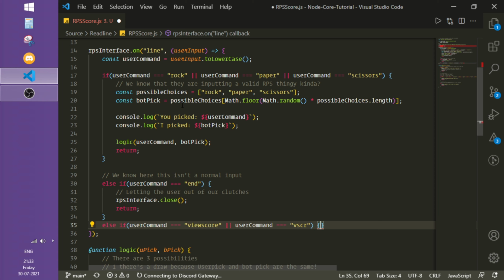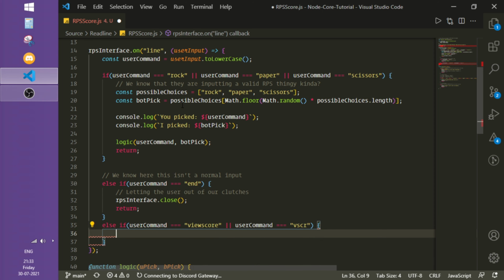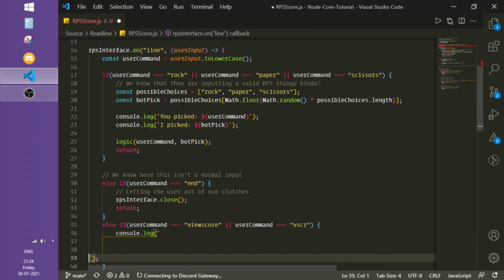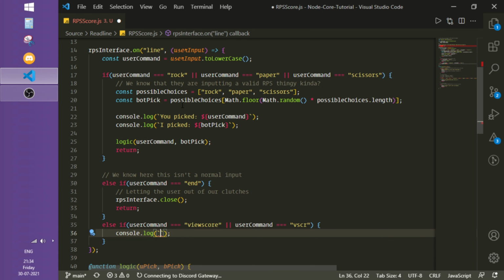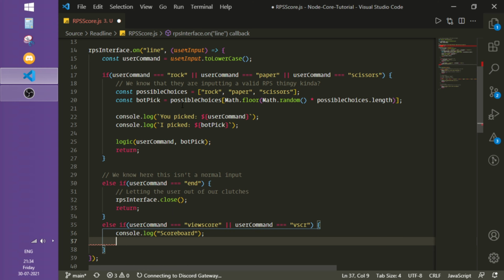Okay, now what we have here, we are going to console.log their scores. Now we're going to console.log, and we're going to do this. So basically our current scoreboard, why did I put this? We got this, and we are going to have a table. Yeah, we are going to have a table. So console.table,